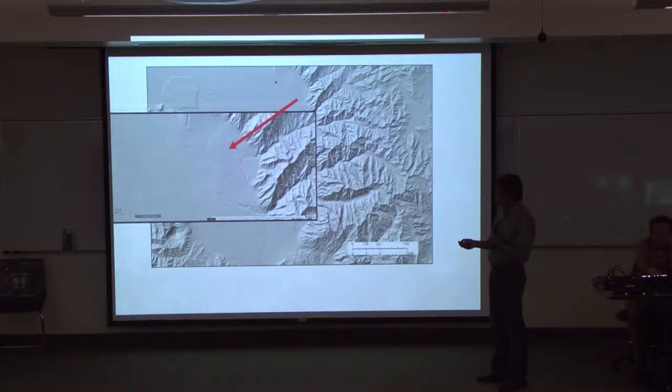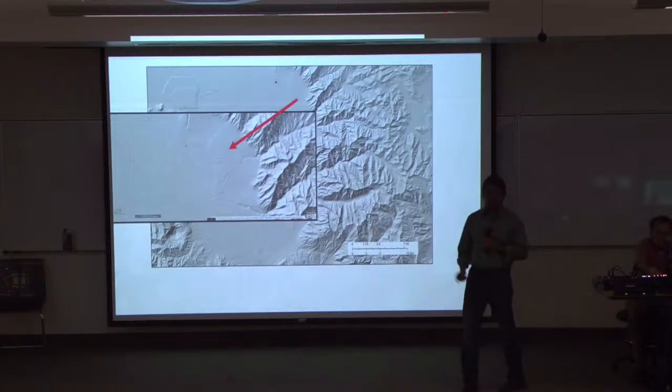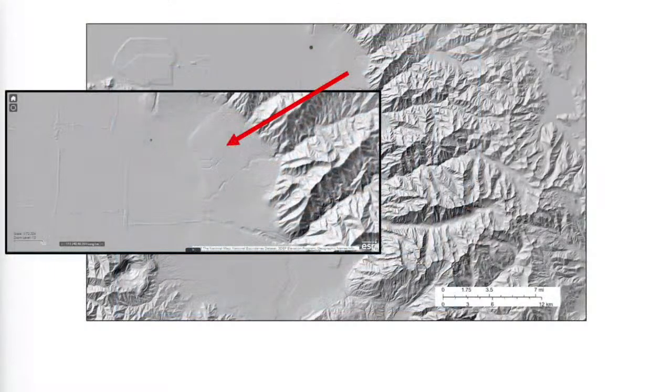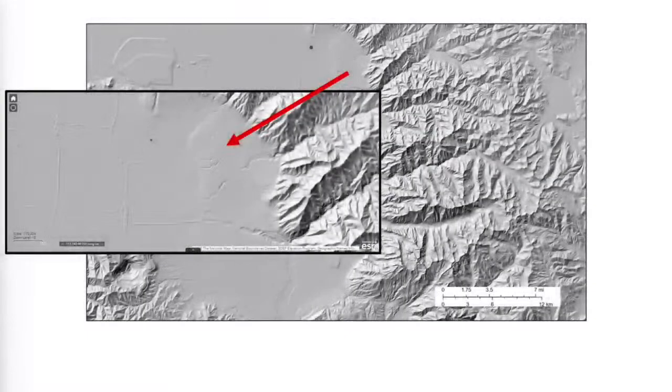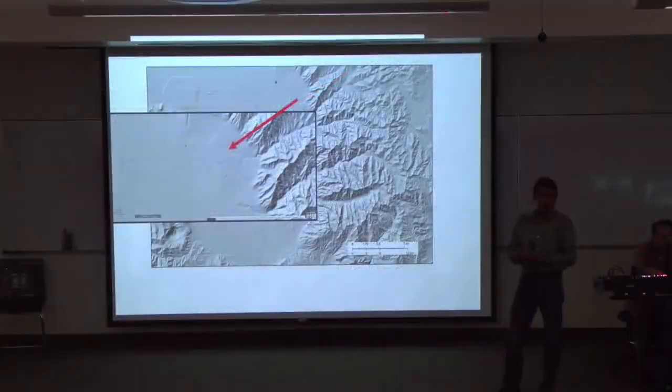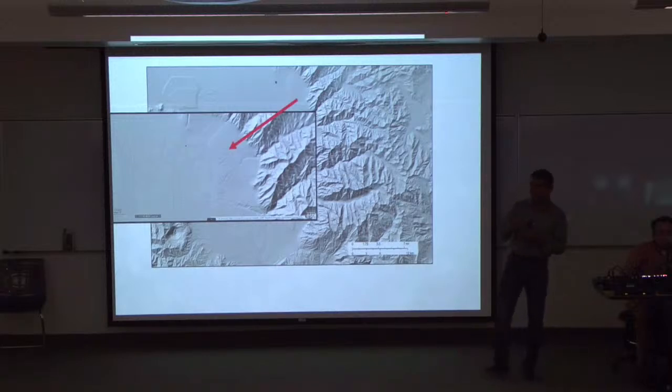If you compare this fan to some of the fans that we've been seeing, there are many more channels along a fan. So what they do is they force the water through one area and control the flow and keep it at that one point so that it doesn't flow out in different directions and cause flooding. So they have a controlled area where they drain the fan.